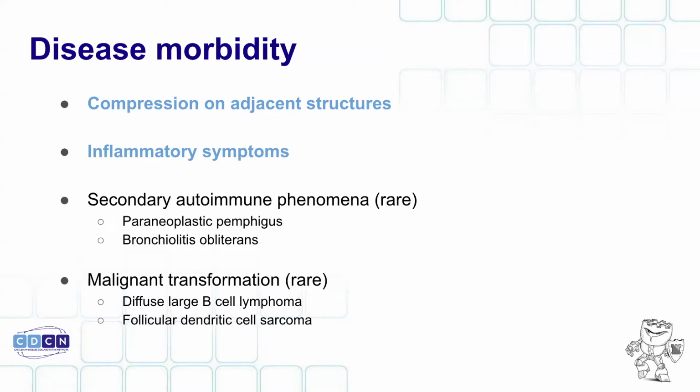And there are a couple of different rare phenomena, complications of unicentric Castleman disease, which leads into why the treatment regimens are what they are. One is that secondary autoimmune phenomena can occur, where Castleman disease, as I know David talks about all the time, is at this nexus of autoimmune, cancer, and infection. There are patients with HHV8, a virus that caused their multicentric Castleman disease, but for most of the cases we can't really find any virus.